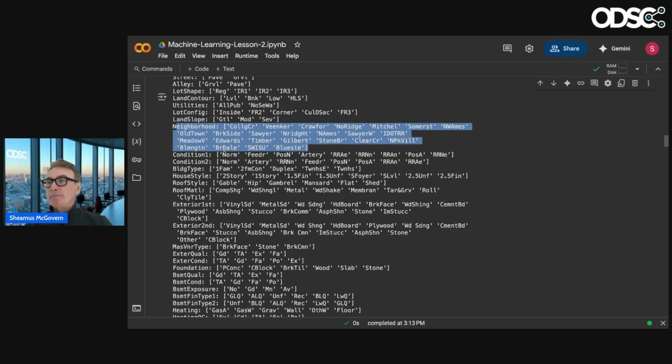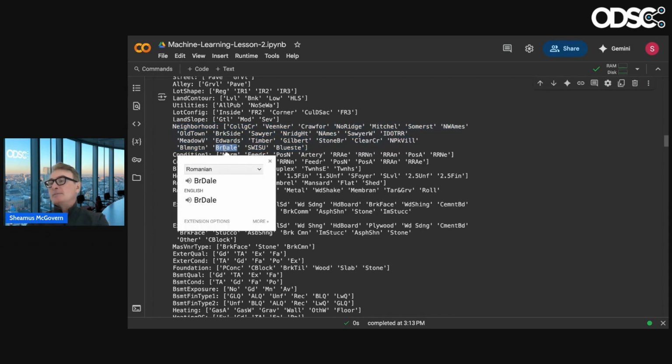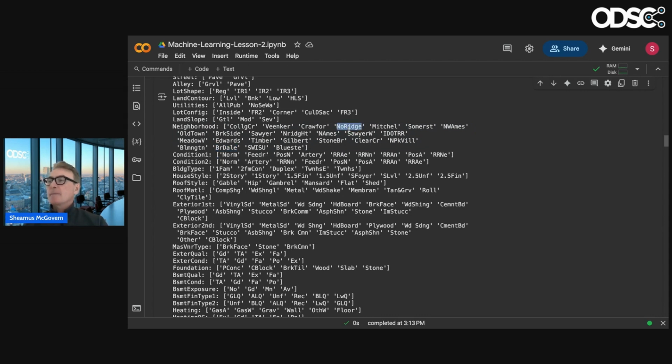No idea what Breedale means. Maybe it's Bridgedale or something, or Northridge. But for some reason, when you make this Northridge and say there's like 500 houses in Northridge, for Northridge and sales price, whenever the house happens to be in Northridge, when Northridge is a 1 and everything else is a 0, the prices tend to be high relative to everything else. Whereas in others, they tend to be lower, right?